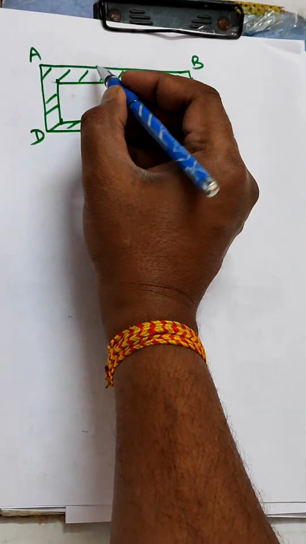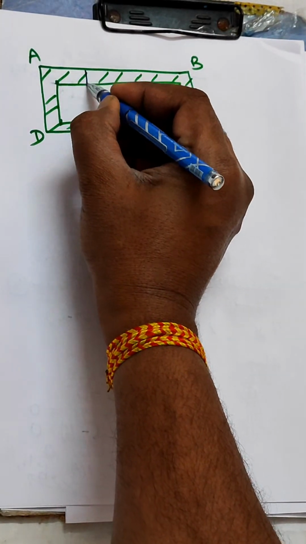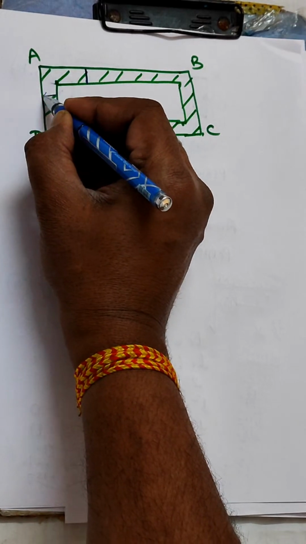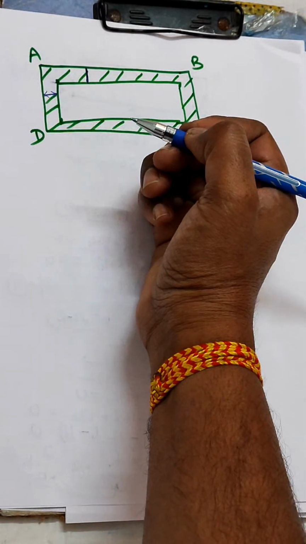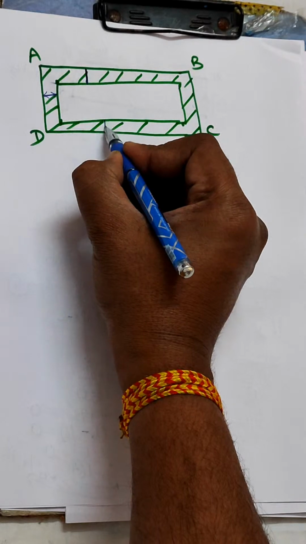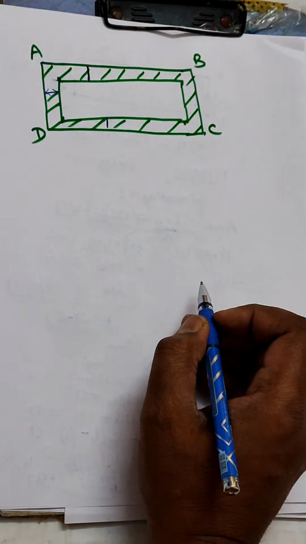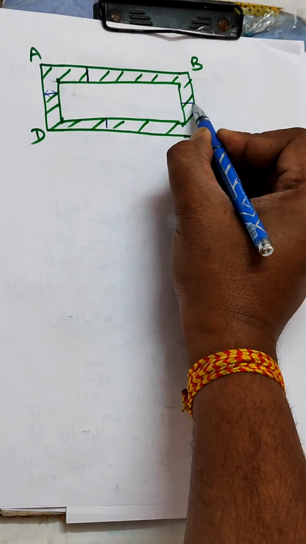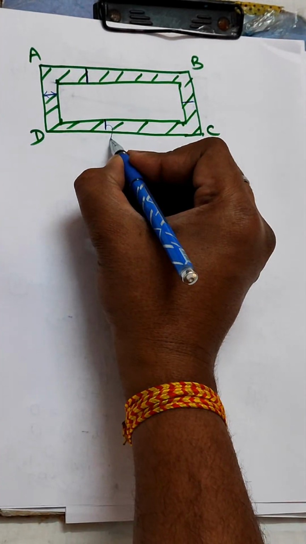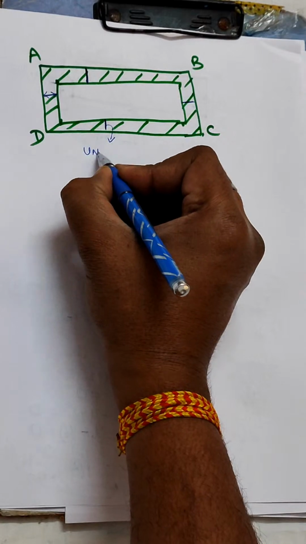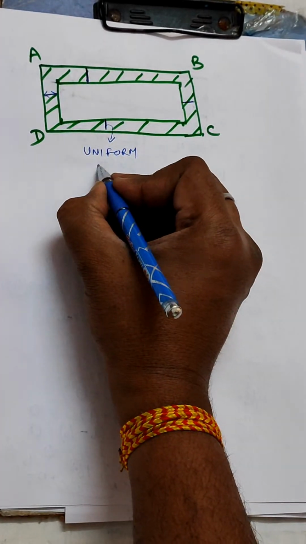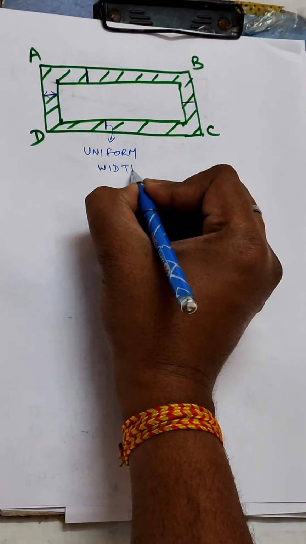So you can see the width of this. This is the uniform width of this footpath from this to this, right? This is the uniform width of this footpath, right? Here you can also see, right? So we can see this is of uniform width,